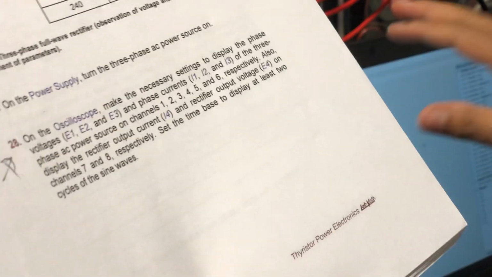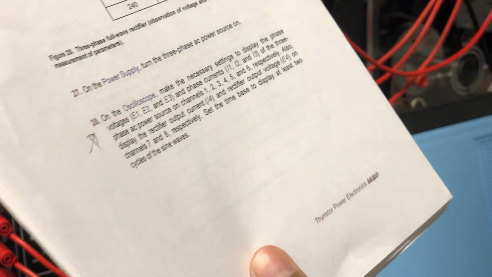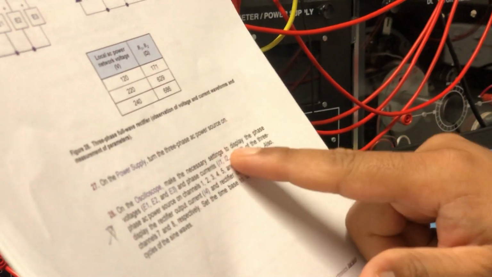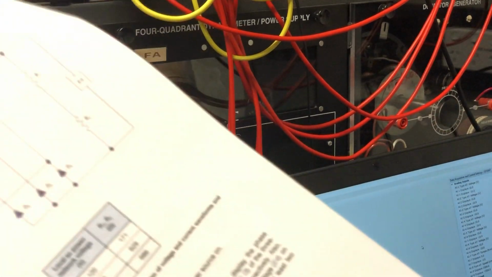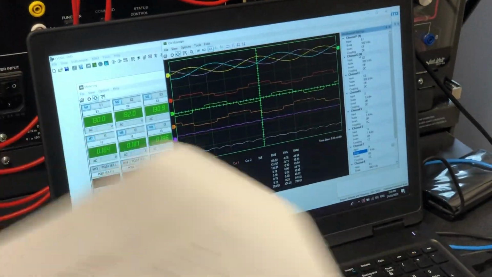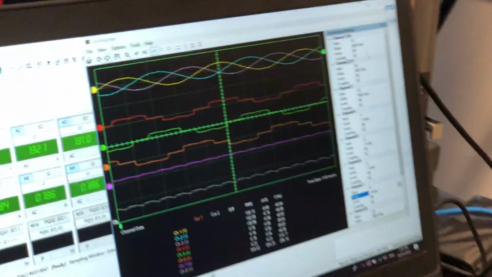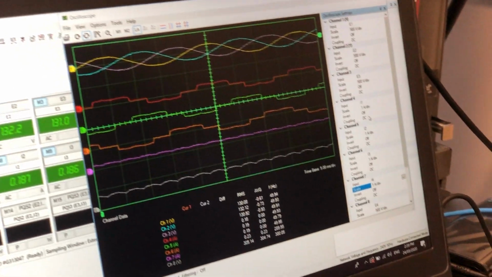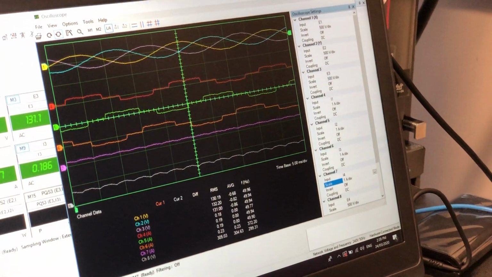Now in step 28, we need to select 8 channels from the oscilloscope for E1, E2, E3, I1, I2, I3, I4 and E4. So I've done this one. I selected the channels E1, E2, E3, I1, I2, I3, I4, E4.